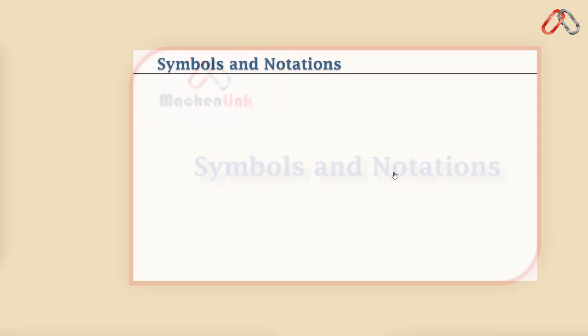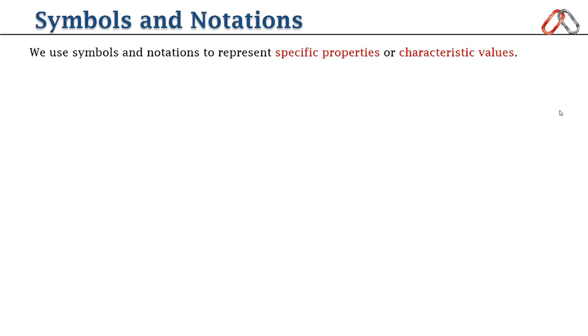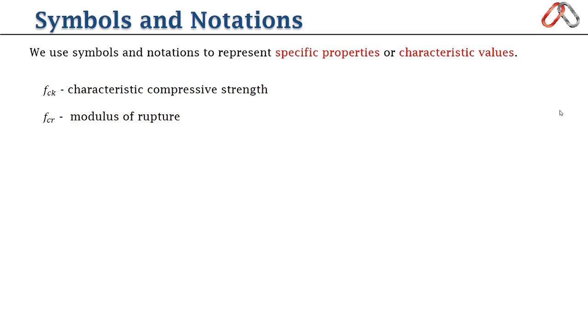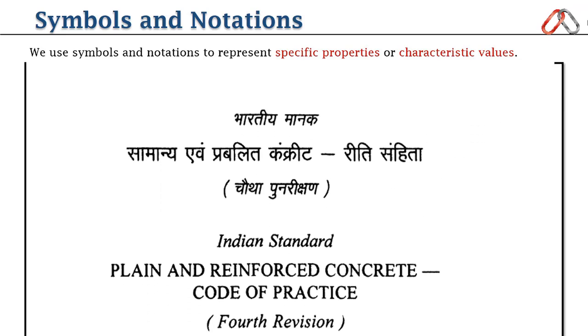Next is importance of symbols and notation. We use symbols and notations to represent specific properties or characteristic values. For example, we have already used some symbols like fck for characteristic compressive strength of concrete and fr for modulus of rupture. If you look at IS 456,